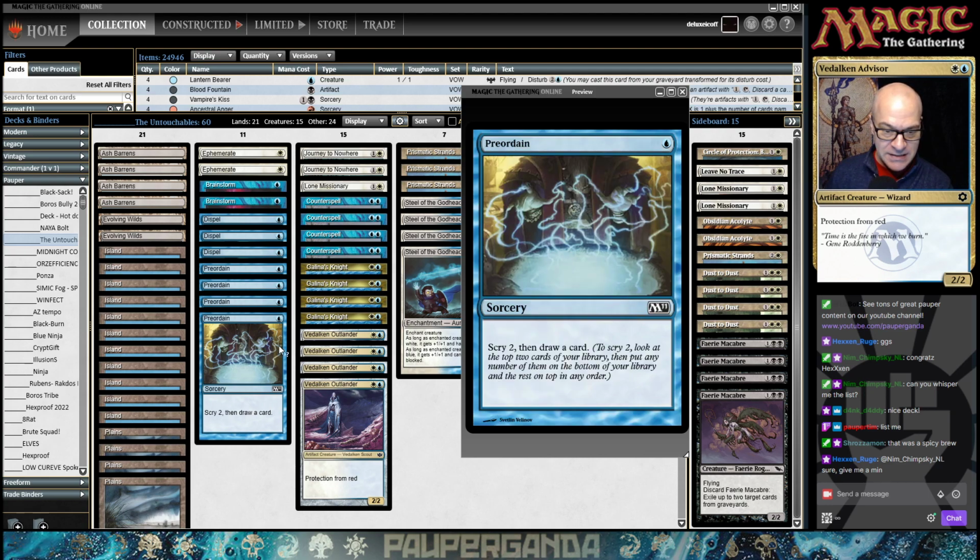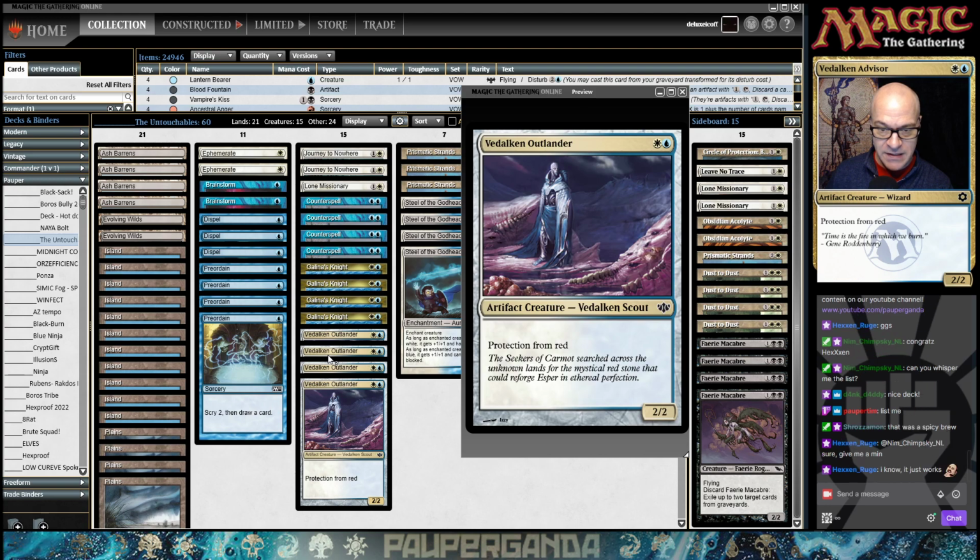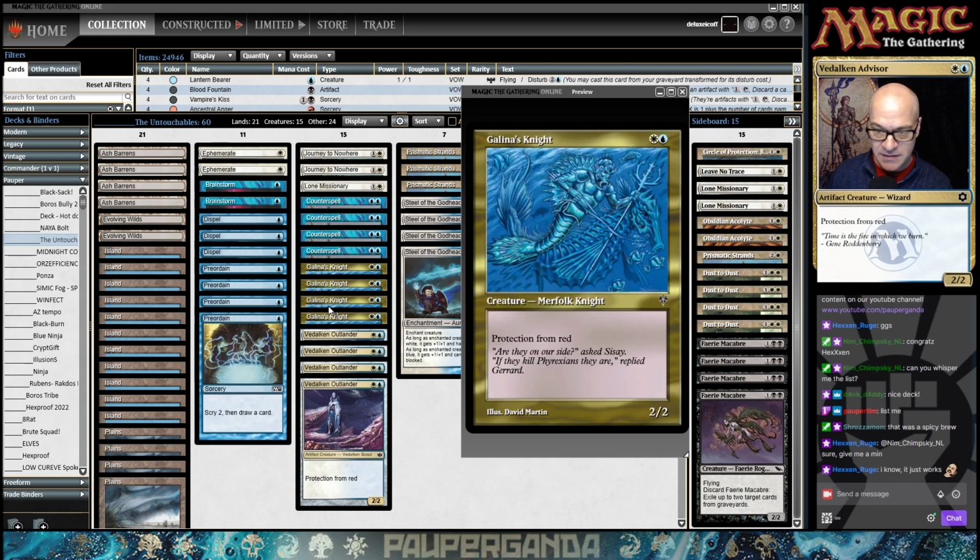So any of you joining us late, we're playing a deck called the Untouchables because most stuff that touches creatures and gets rid of them is red. So we got protection from red, protection from red. The big thing here, got to be careful. This is an artifact creature, and so you only want to keep one of them out with all these Dust to Dust running around. That being said,